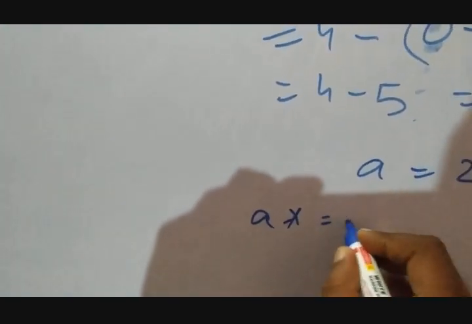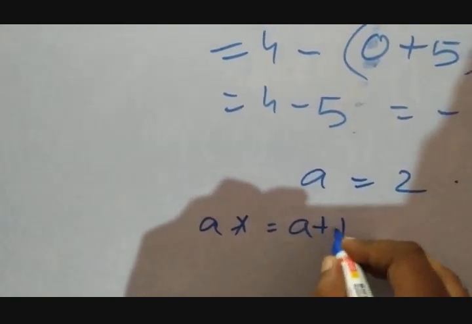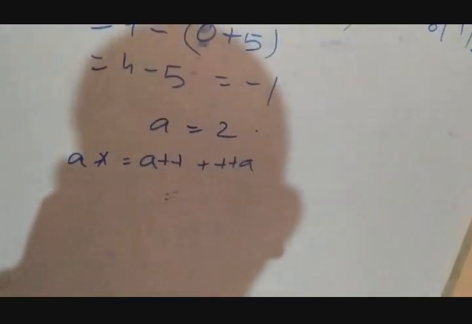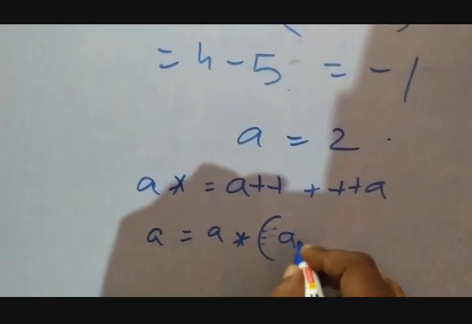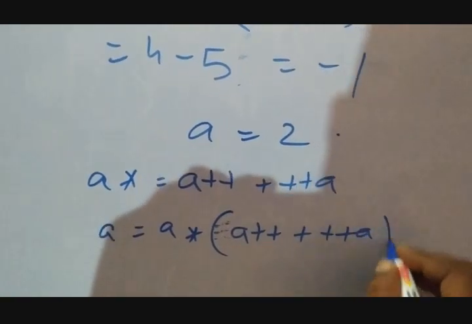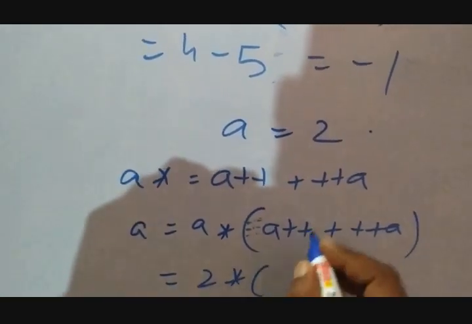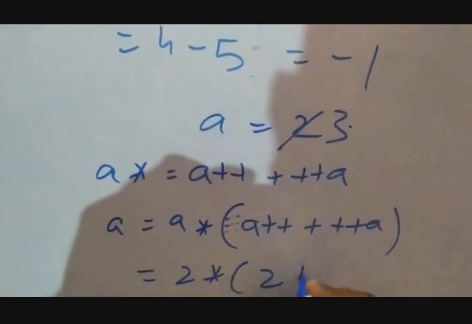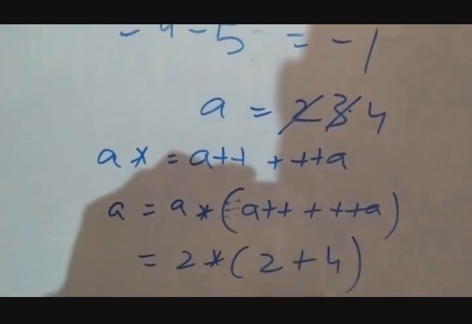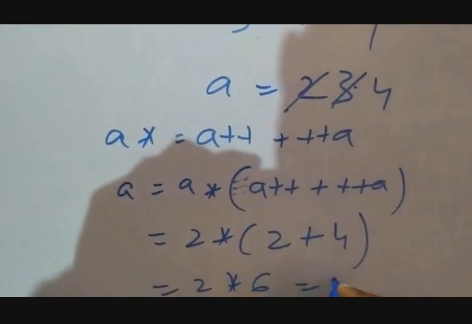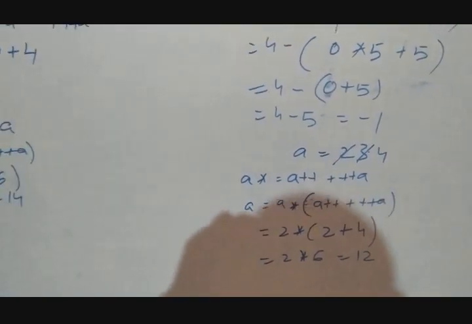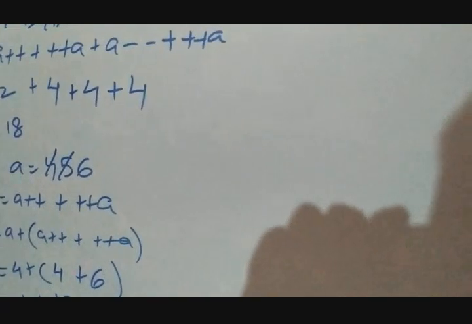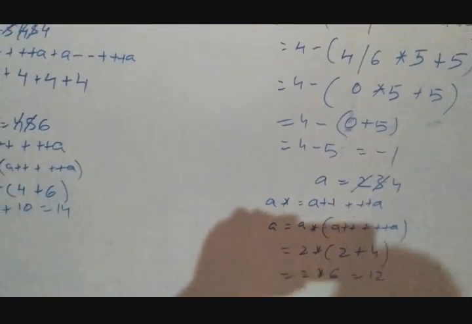Suppose now a = 2 and we are using a *= a++ + ++a. Suppose this is the value. Now how will we do this? a = a * (a++ + ++a). Now the a value is 2 * a++, use the value then change, 3, plus change the value and then use, 4. Now it is 2 * 6, it is 12. Are you getting it? This is how you have to use it. This is what the increment and decrement operators are, and thank you.